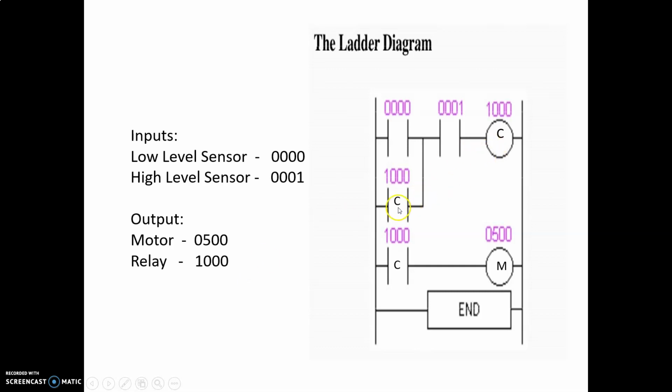Now if we look at this rung, we have also shown a normally open contact, but it is also shown by a C symbol. And look at the address here. This address 1000 and 1000, they are the same. If you look at the third rung line, you can see the same kind of open contact shown, having the same address, 1000. So this one and this one have the same address, but the difference is that here it is shown as an open contact, and here it is shown as an output. What relation does it have, we will discuss. And at the end we have a motor, right?